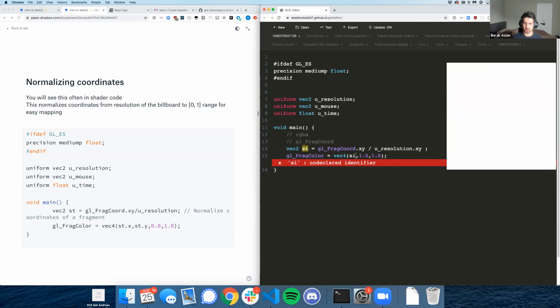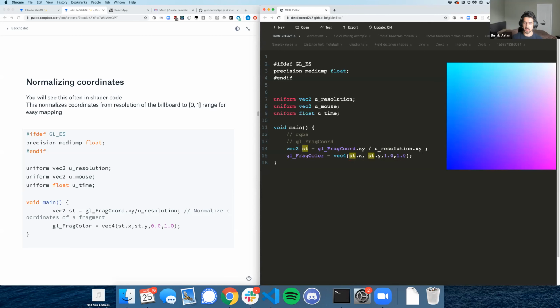So if I use these, this variable for the color, you can create a cool UV map of your pixels. So essentially what I'm doing here is saying, use the position of the pixel on my screen to color the color that it's trying to output. So with that, you can get this neat gradient color thing, which is